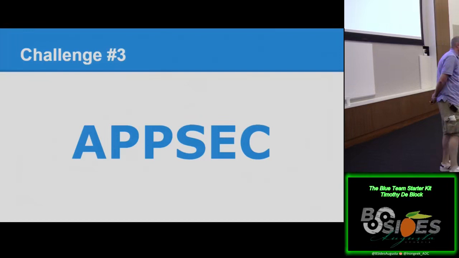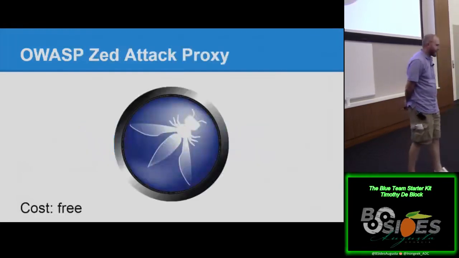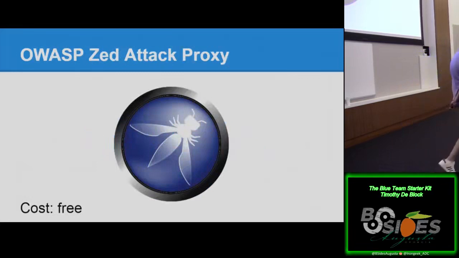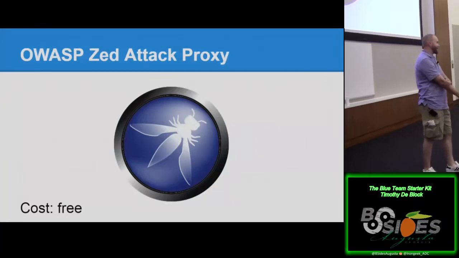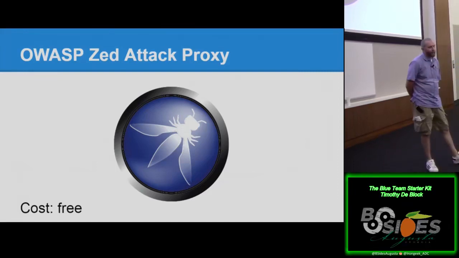One of the things I found was ZAP. ZAP is free. Before I get really into it, the alternative is Burp Suite, which is actually the tool of choice for application security professionals. If you go into application security, more than likely they're going to want you to know Burp Suite. Burp Suite has a community version, but it's throttled. A subscription of $300 gives you the full version. So they both have their strengths and weaknesses.